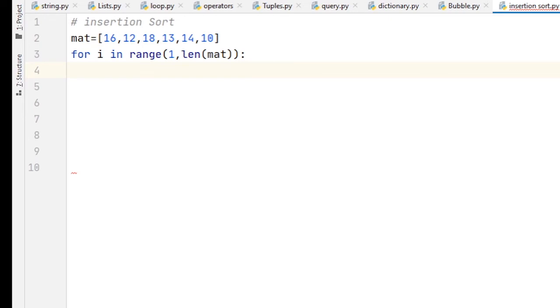Now I shall keep the element at position i in a separate variable like temp. So for that I write temp is equal to mat of i.